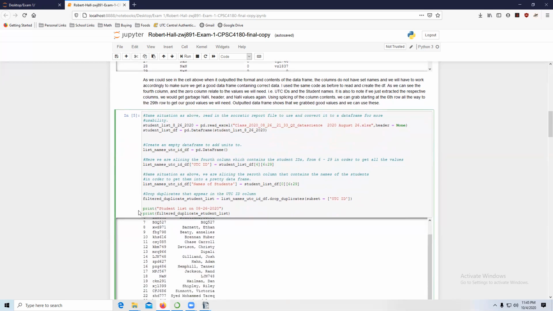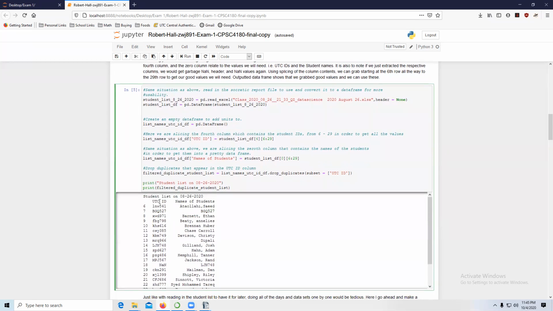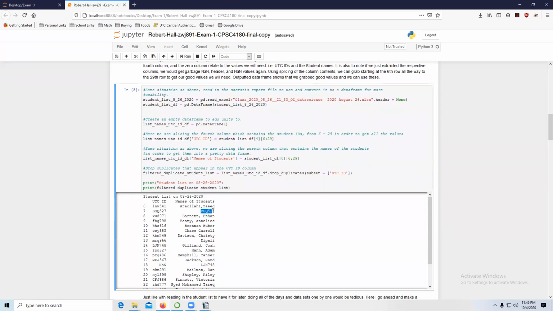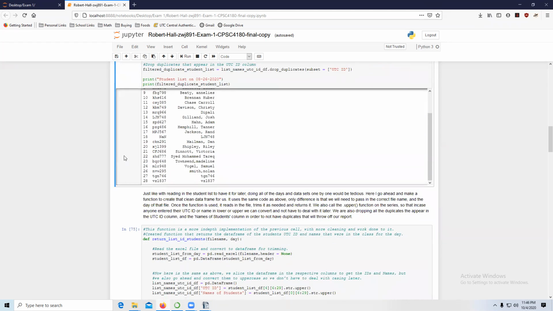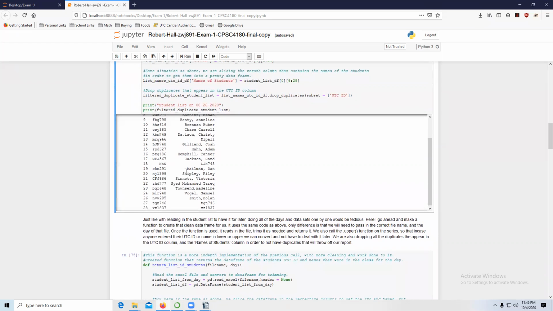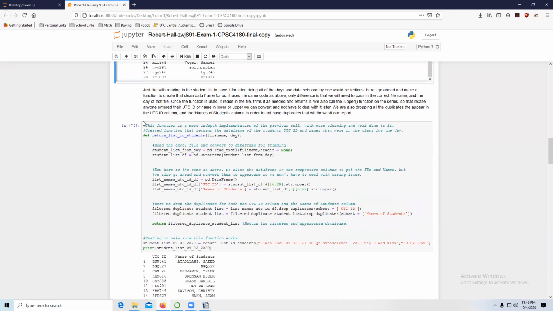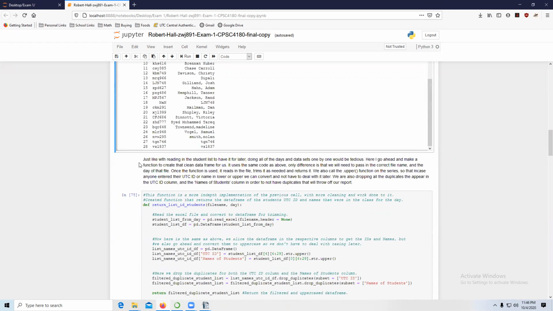And we can print it off, and we can see now we actually have a really clean list that we can use and reference, but we're not just done yet because as you can see here, for example, this guy right here is uppercase. This guy's lowercase. That's a non-existent value. And as we can see in the names of students also, sometimes they'd put their UTC ID in the names of the students. Well, it's kind of not good for now because we'll have to do some extra calculations, but as part of the data science process, cleaning the data set and getting it into a usable format is very important. So now here I created a special function that will